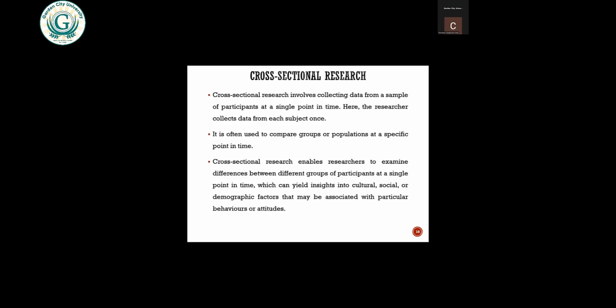And I believe that all of you would be doing that type of research, if not most. I can confidently say that 90% of you would be doing cross-sectional research, because you would all be collecting your data at a particular point in time. But